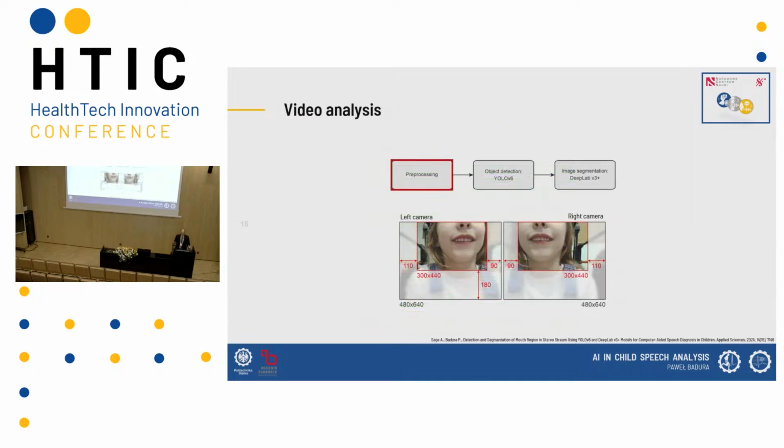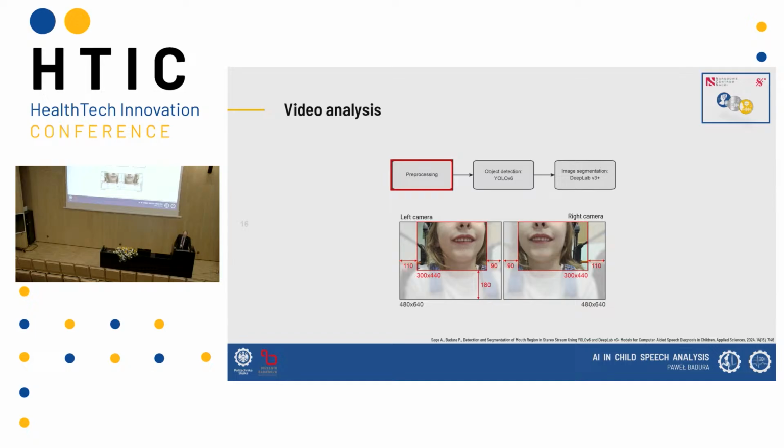Okay, so we have the data, and now let's go to some AI. I will show you two of some slight methods, some modular methods that have been introduced here for different purposes. The first one is the video analysis for the object detection, and finally the image segmentation of the articulators, which then turned out to be useful in some feature extraction and the analysis, the comparison of the articulation and acoustics, and also the video data.